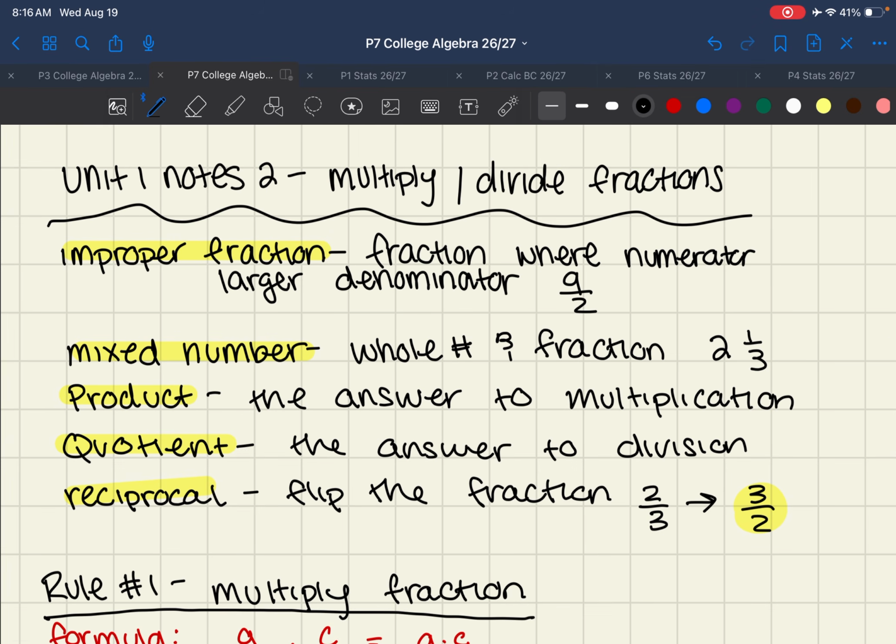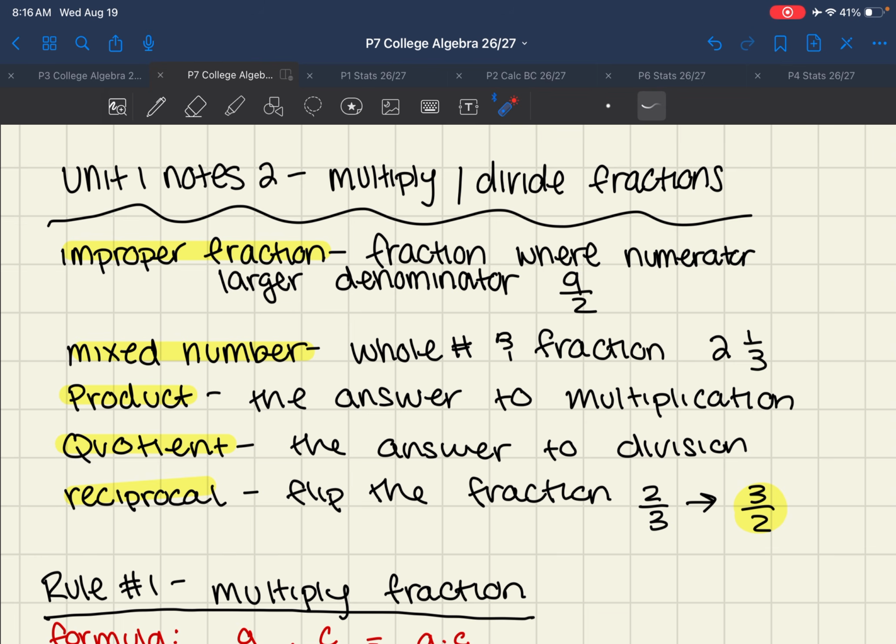Okay, this is College Algebra Dual Credit, Unit 1, Notes 2, Multiplying and Dividing Fractions. First we're going to go over some definitions. We have improper fraction. An improper fraction is a fraction where the numerator is larger than the denominator. So in our example, 9 over 2, 9 is greater than 2, and it's on the numerator, which makes it